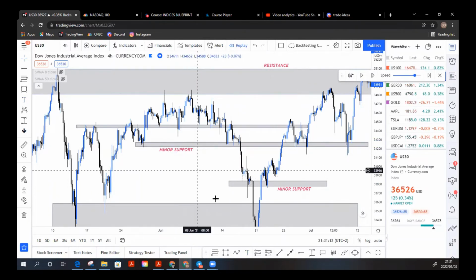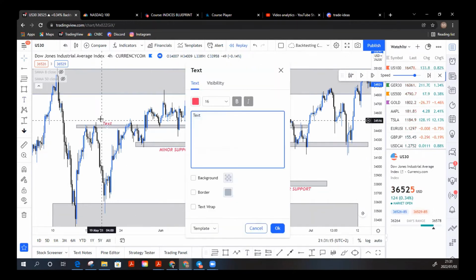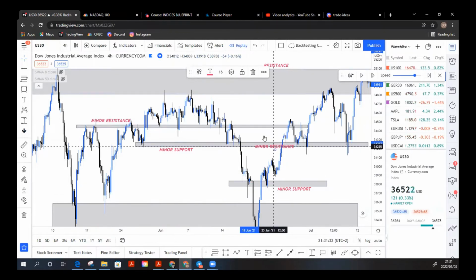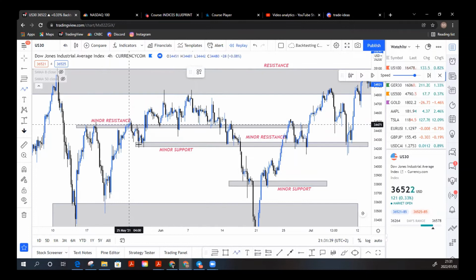Minor support, this becomes minor resistance. Now this becomes minor resistance here because price obviously acted as, so this level acted as